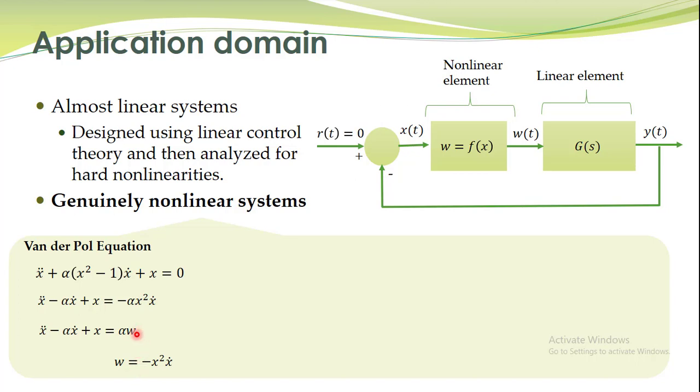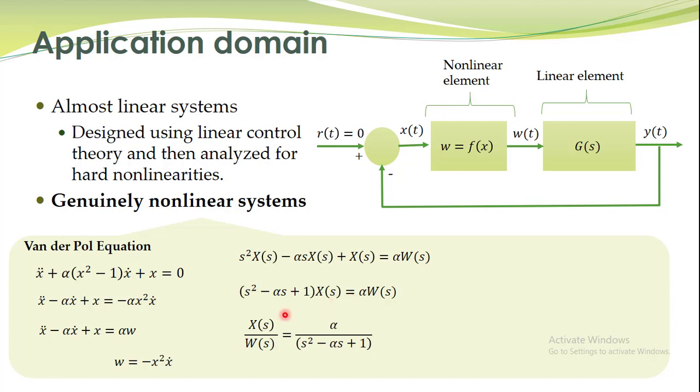Now this equation written in Laplace domain is given over here by taking the Laplace transform, by setting all the initial conditions equal to 0. This is the Laplace transform, s square x of s, and so on. And furthermore, we can take x of s common from this left hand side, and then the relation between x of s and w of s is given by this transfer function. That is, this can be described by this block diagram,